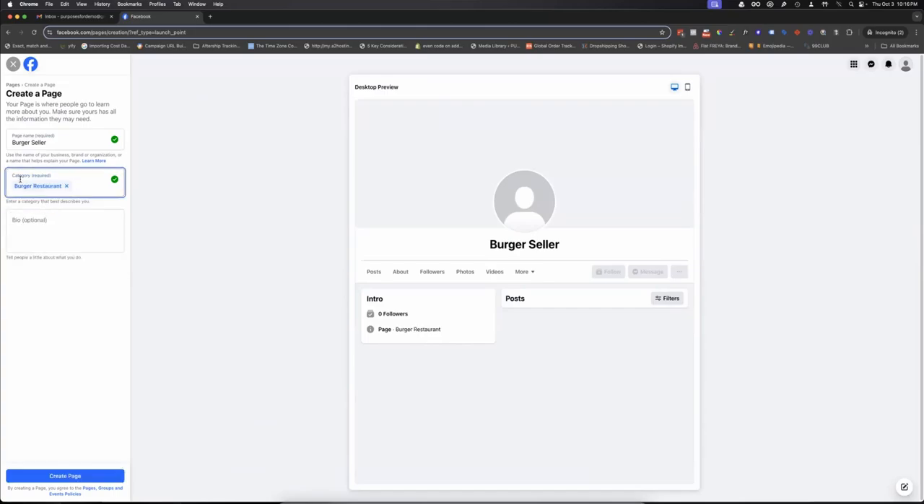Category is very important. Make sure you use the proper category on your Facebook page, so that people don't get confused which category your business falls into. For the bio, I can ask ChatGPT to do this for me, but for now, I will just add a very generic bio for this one. It says optional, okay, but